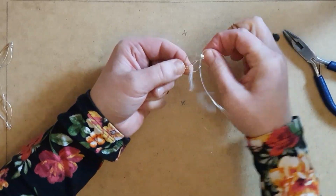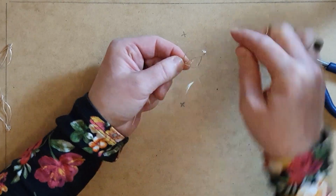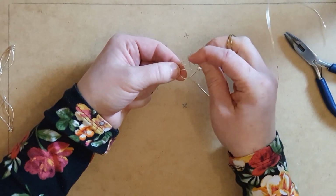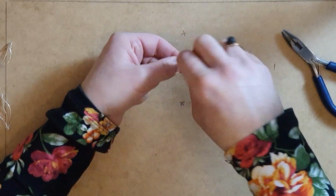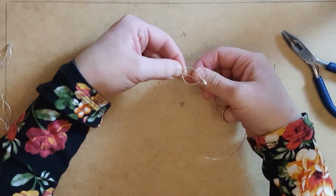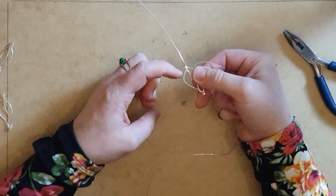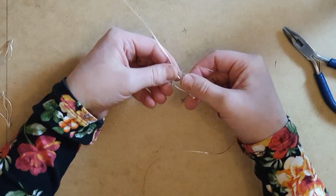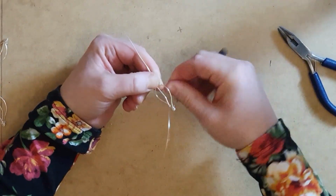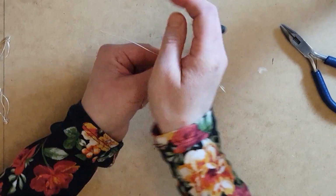wrap it around once on this side of the leaf, as you can see, push it back through the centre and then take it back to the middle, and then up through the other side, wrap it around the centre, and then this time we're going to take this piece off to the other side. So what you end up getting is kind of 2 little wraps on each side as you work your way along. So now we're going to go around the other side, we're going to push through the centre, well, the left side, then we're going to go round, back through,